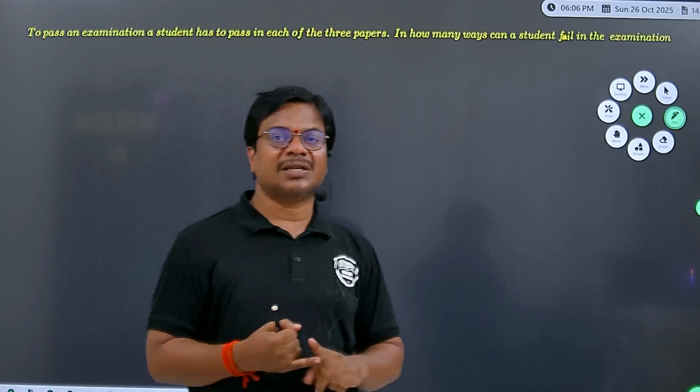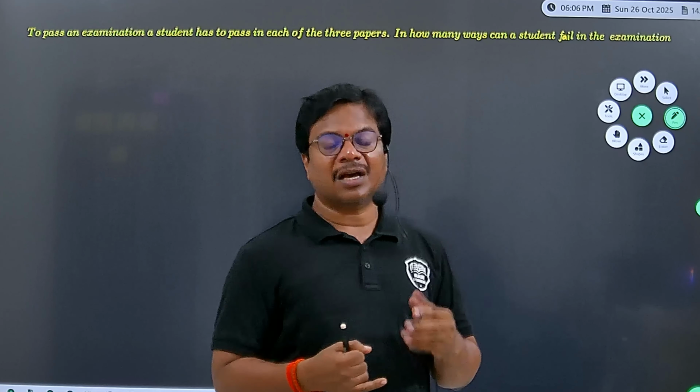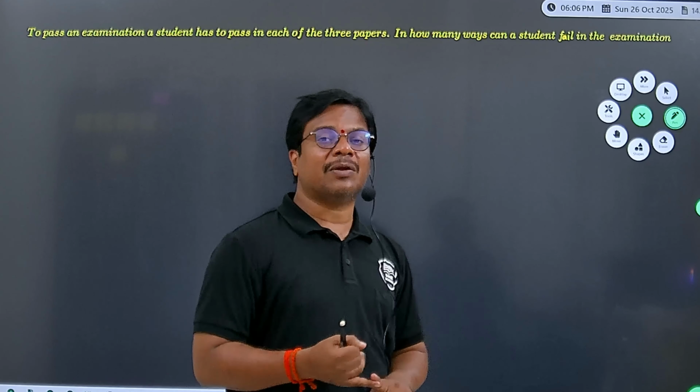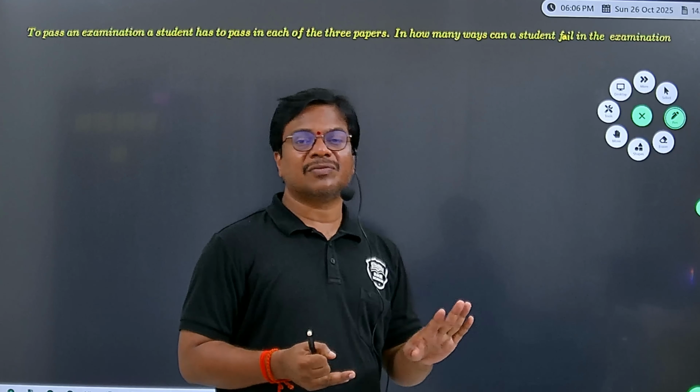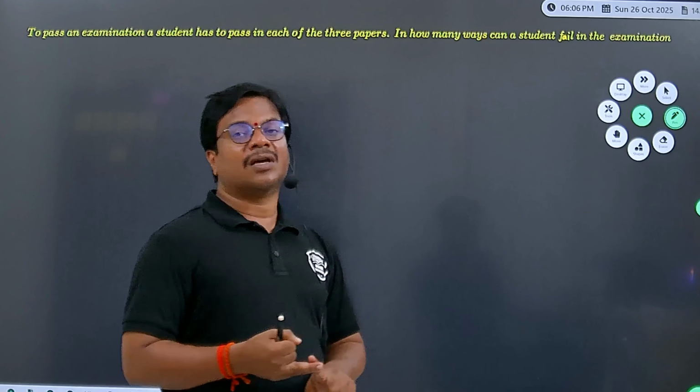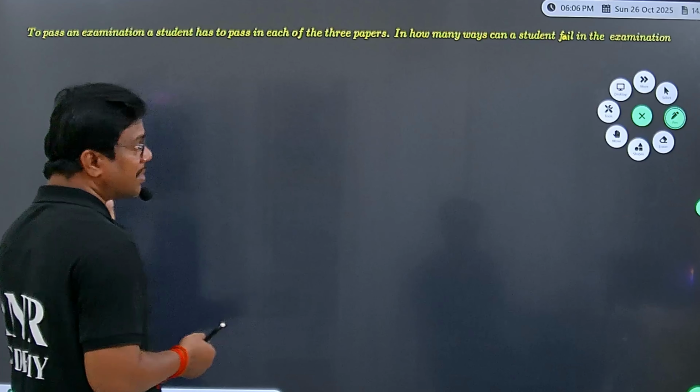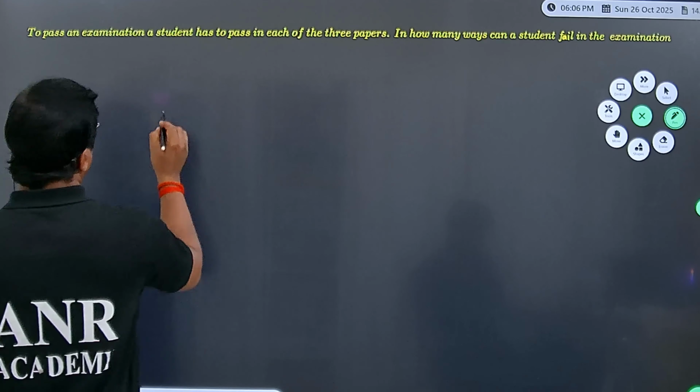Suppose if the student fails in one subject, he also fails the exams. If he failed in two subjects, he also failed in the examination. If he failed in all three, he also fails the examination. Therefore, here